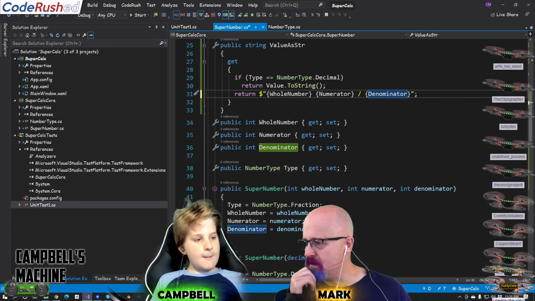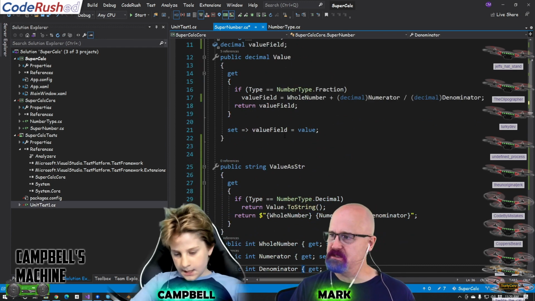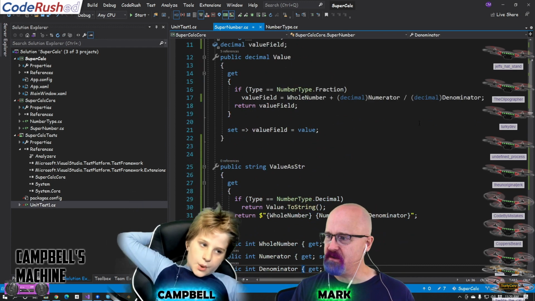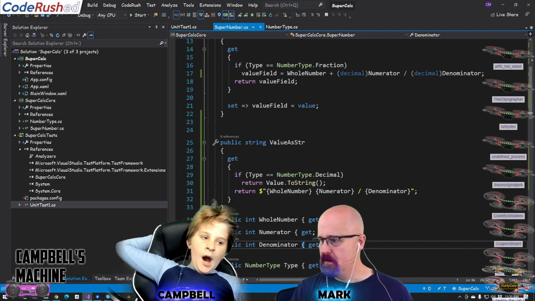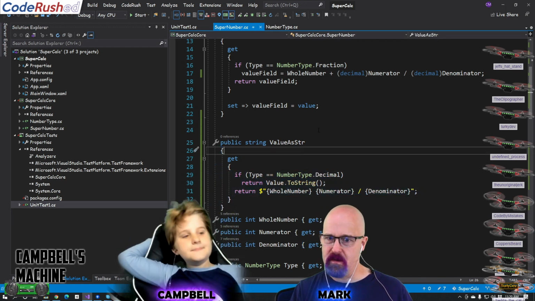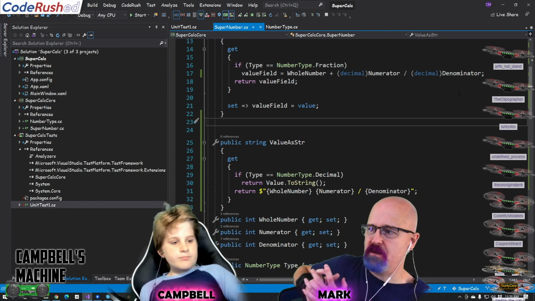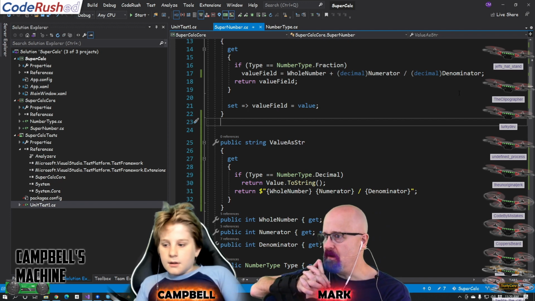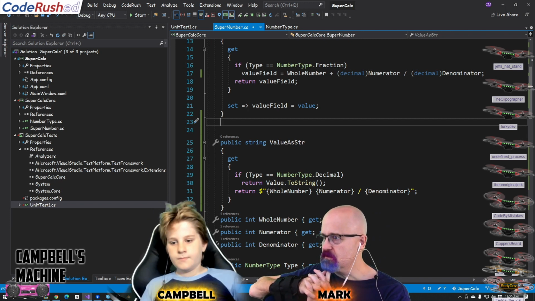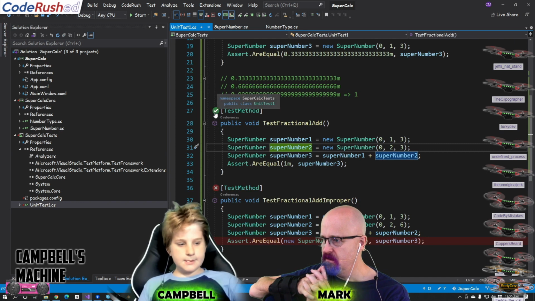The whole reason I did that is I want to see if we can get better data from the test run, because it was saying it was expecting whole, SuperNumber, but got SuperNumber. Oh yeah. Remember that? I want to see if the debugger display attribute will change the output. I'm hoping it will. So go back and run that test again. Unit test. This one or this one, right? The one that failed,